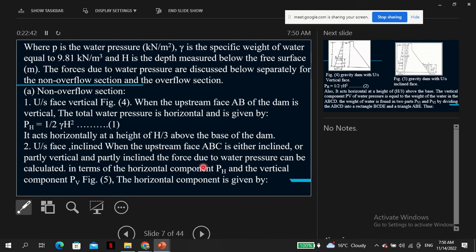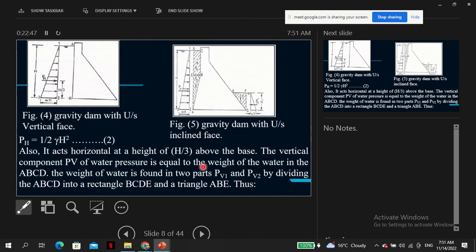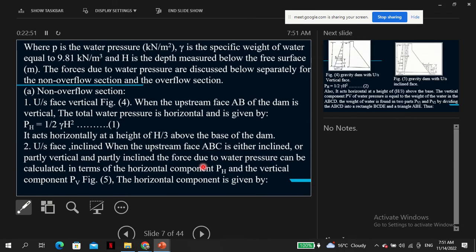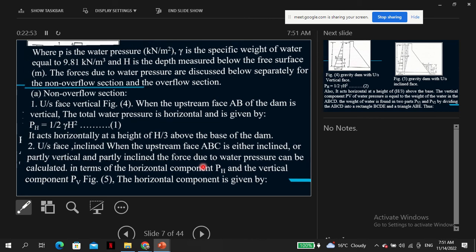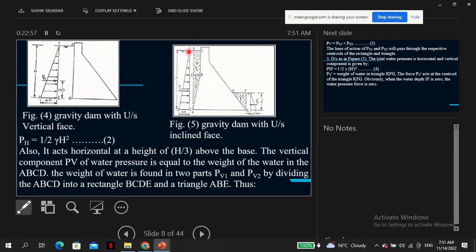The horizontal component is given by, actually the same idea, because for water it doesn't matter, the pressure variation is still the same. So for water the PH is just the area. PV is this part now,